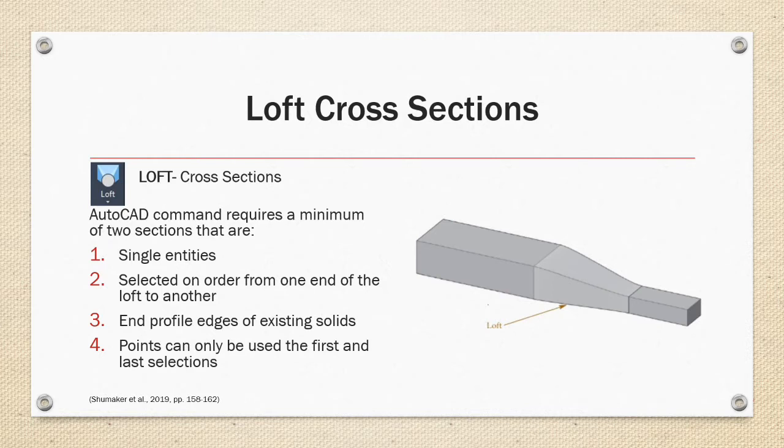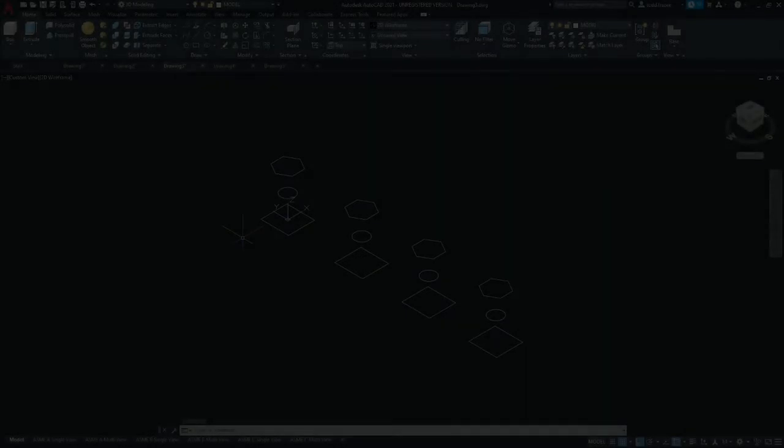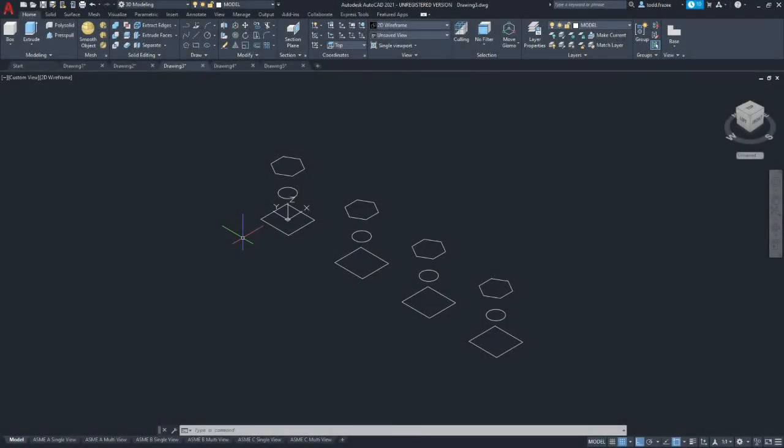Now let's go to AutoCAD and see how to apply the loft command using only cross sections and how the variety of settings affect the resulting shapes. Okay, here we are. This is the loft sections example. Now there are a lot of parameters with the loft command. So what I'm going to do is do the same loft several times, and we're going to play with the parameters so you can see what the differences are. These examples are all just 3-section lofts that are controlled by sections only.